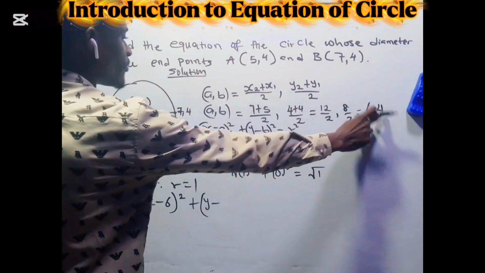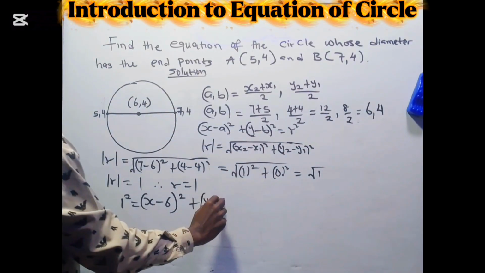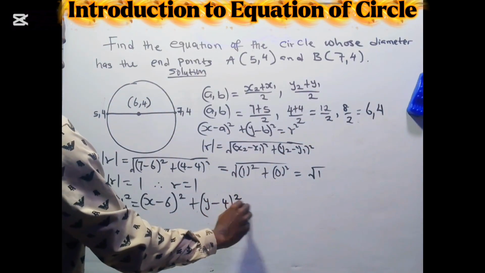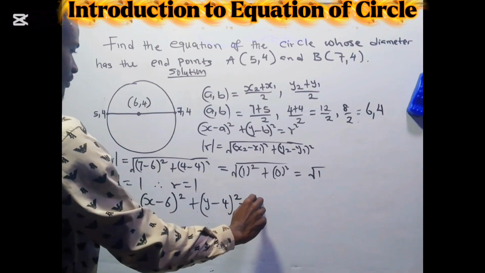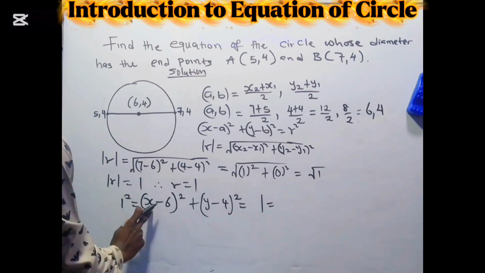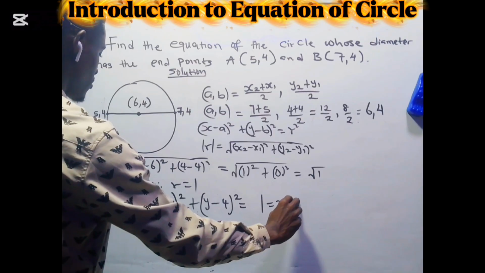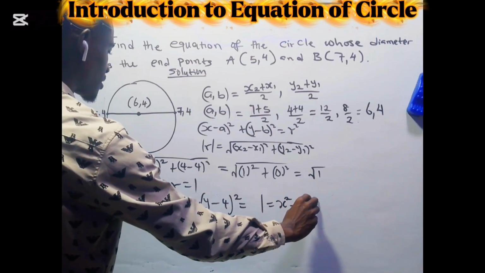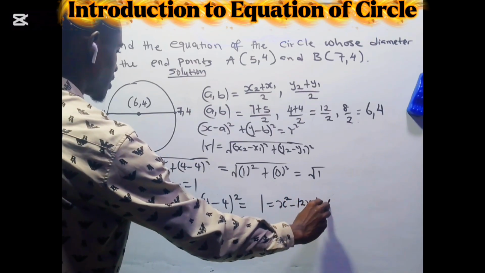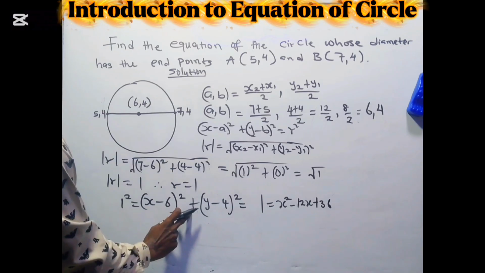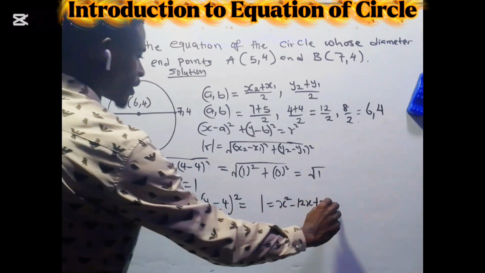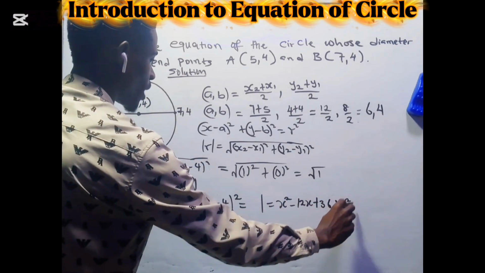What is b? The second value, which is 4, squared. So 1 squared is 1, which is equal to (x minus 6) squared, that is x squared minus 12x plus 36. Now, plus (y minus 4) squared, that is y squared